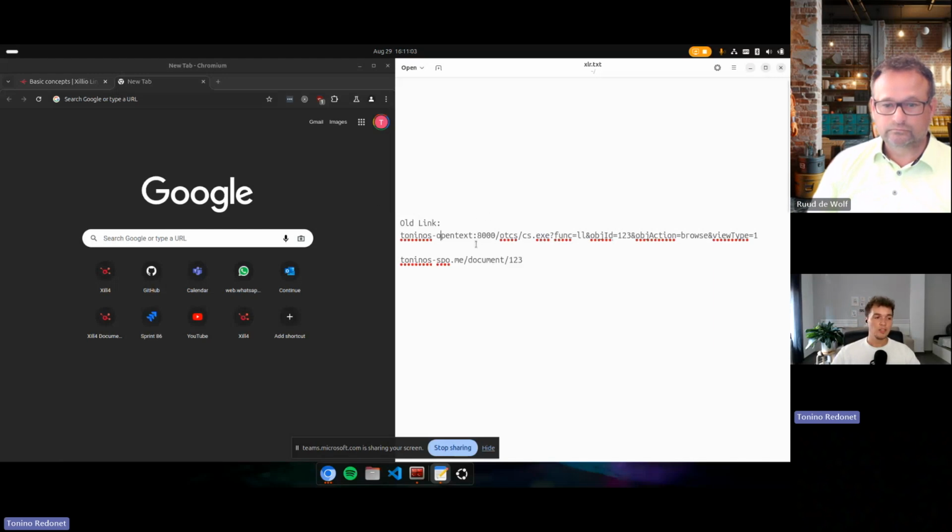So we take an open text example here, and this is what an open text link typically looks like. It's just an example link that we took from an old open text instance. Let's say this is a link with a document ID of 123, and we have migrated this document with ID 123 to a SharePoint location.